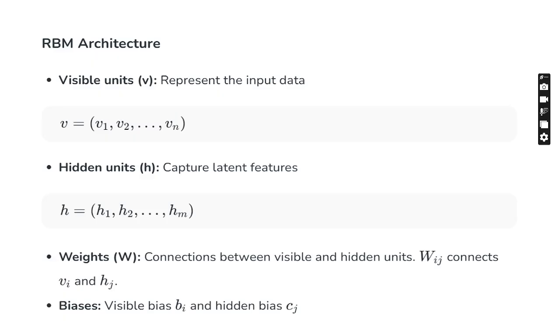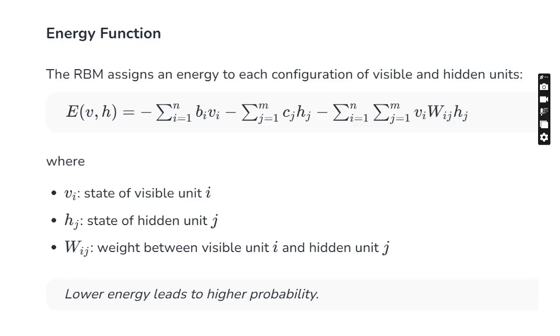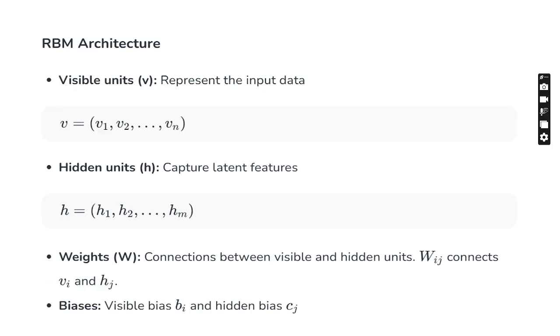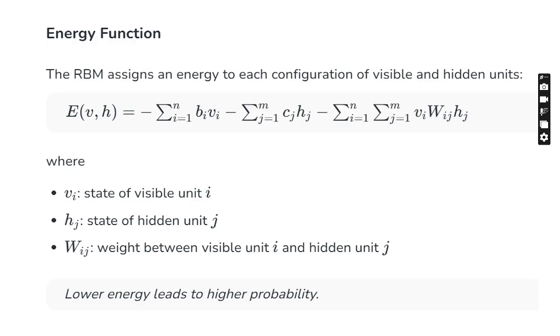The weight is associated with the connections between the visible and the hidden units. We call that Wij, the connection between Vi and Hj. There will also be some bias. In the visible layer the bias is represented as Bi, and in the hidden layer the bias is considered as Cj. Considering these factors, the visible layer and hidden layer factors, along with the weights, the RBM